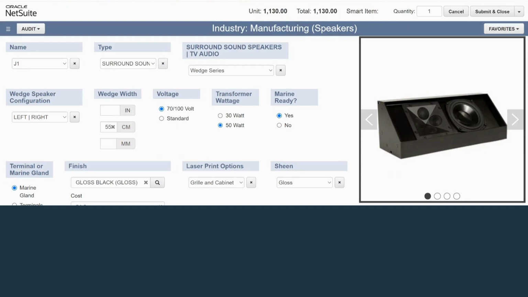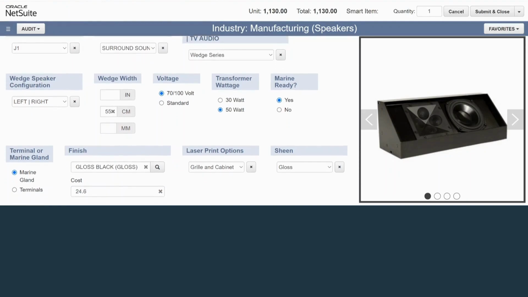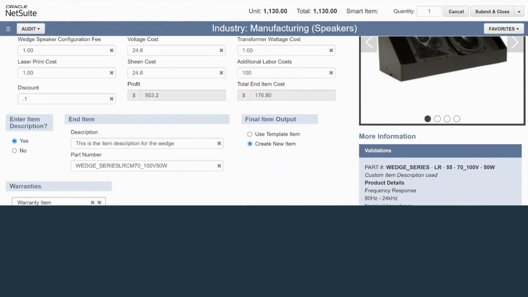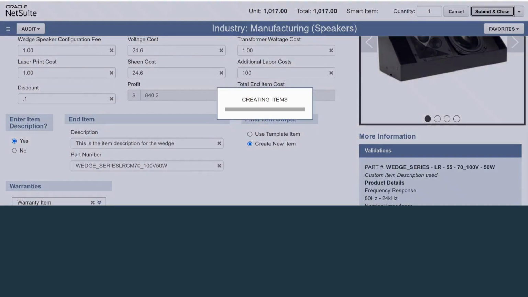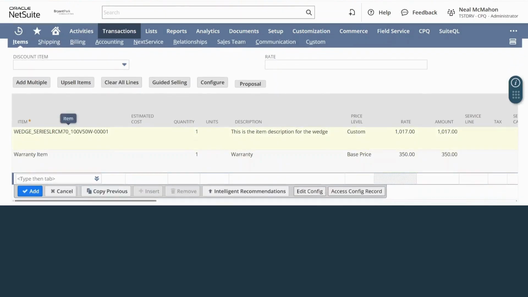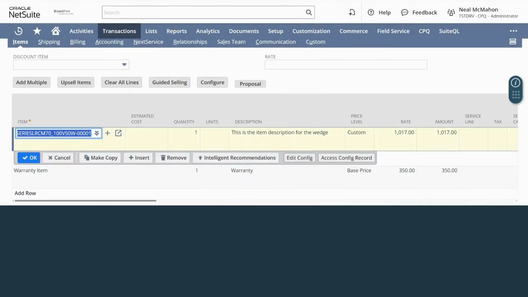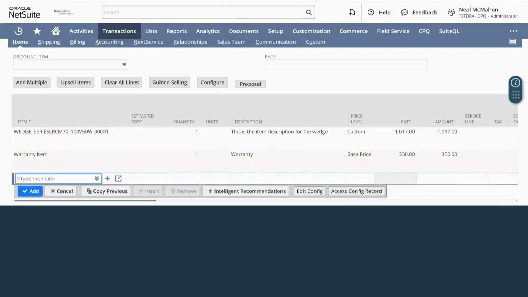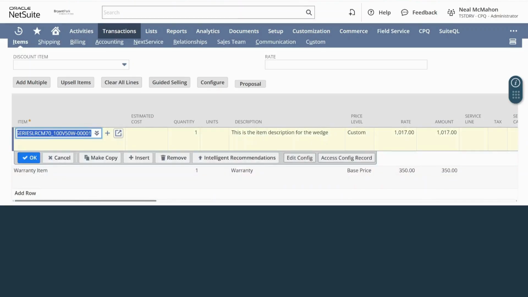If you're using revisions, advanced bill of materials, advanced manufacturing, it all works flawlessly with that. Let's go ahead and submit this. This time, it'll tell us that it is creating that item. Now we can see we have our main assembly, which we just created. We can see it's appended with 0001, the description that we input in the configuration, and our warranty item, a separate breakout item. But if we open this record, we can literally see it's a brand new record that we just created upon submit